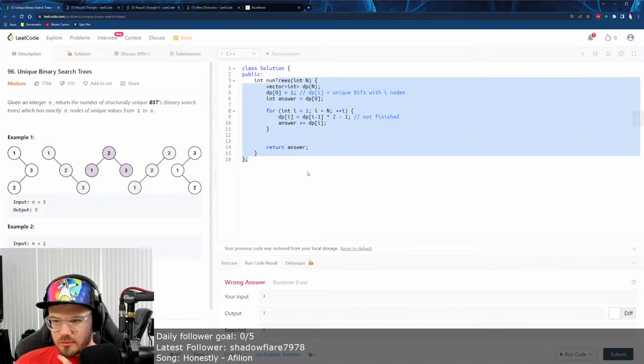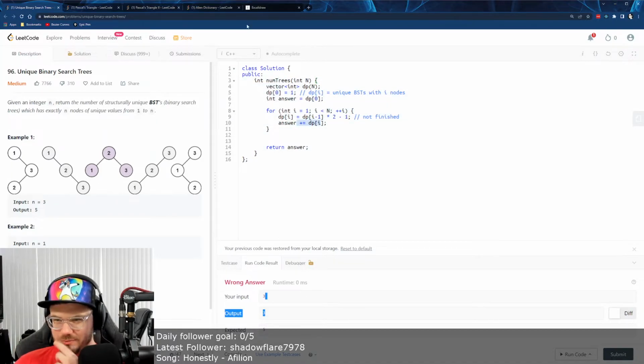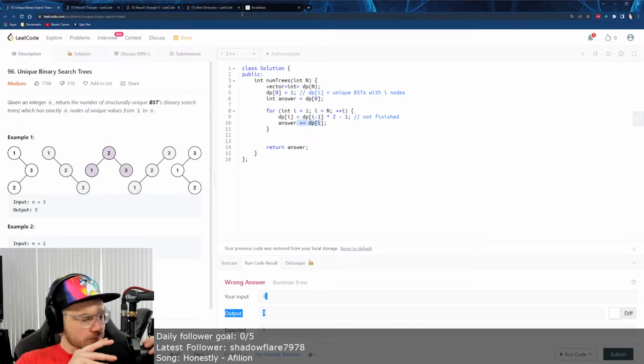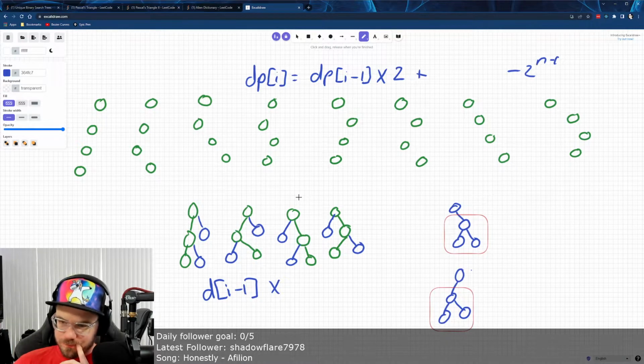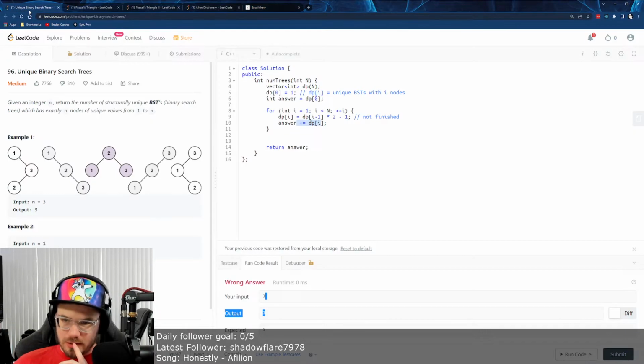Okay, this is not the proper way to solve the problem. I literally just tried to put some math in here and see if I could get it to produce the right answer. So dp of i is going to be